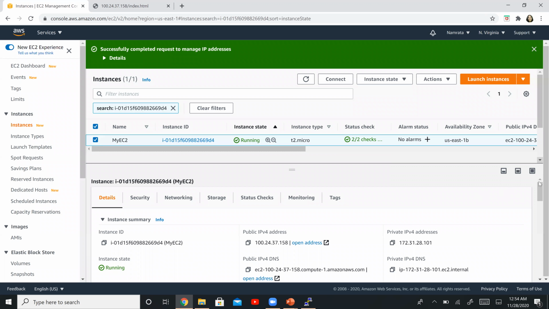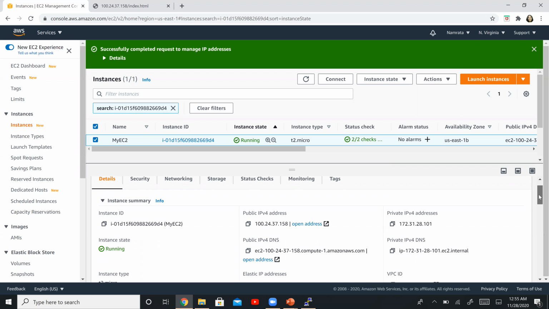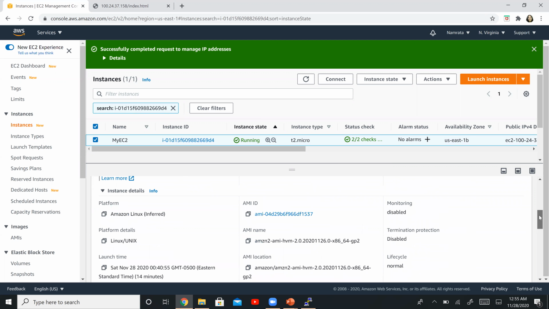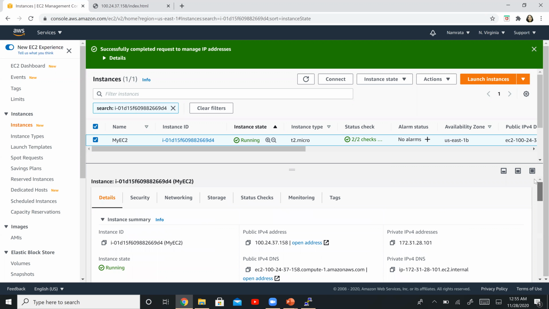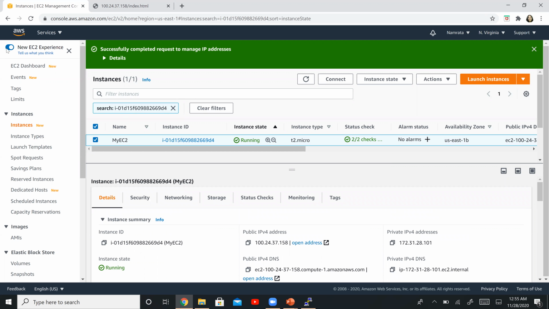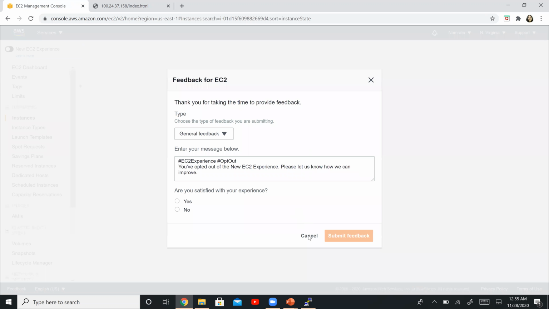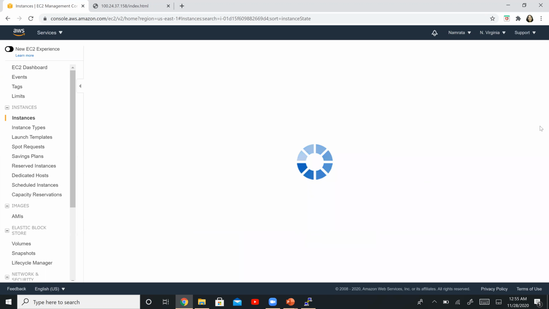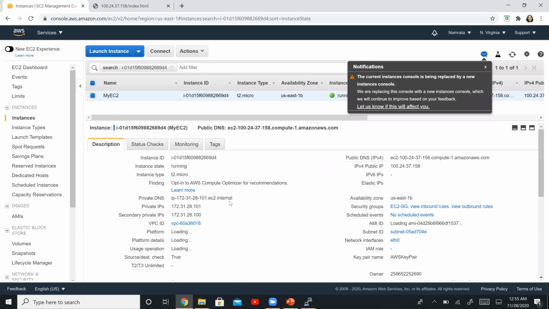Okay, so has the IP address showed up over here? Not yet. So if you see, it's not yet showed up over here. Sometimes this new experience UI is kind of a little buggy as well, so it doesn't show up that fast. But if I go to the older UI, you might probably be able to see the second private IP address.